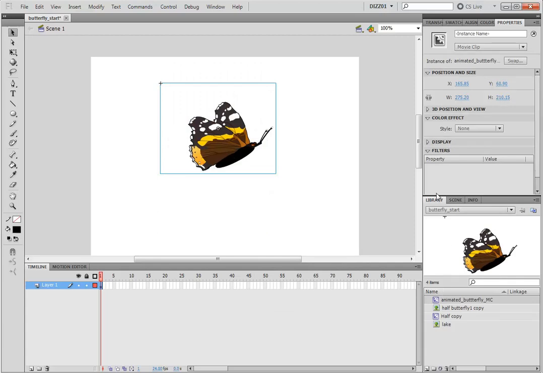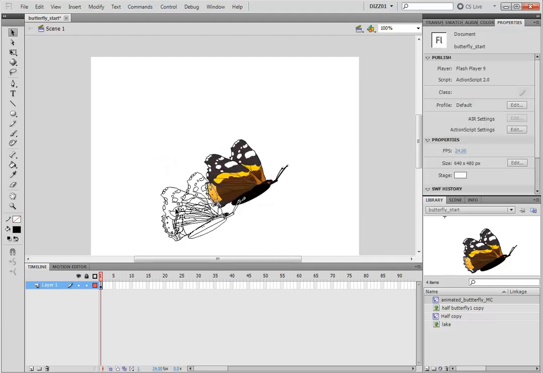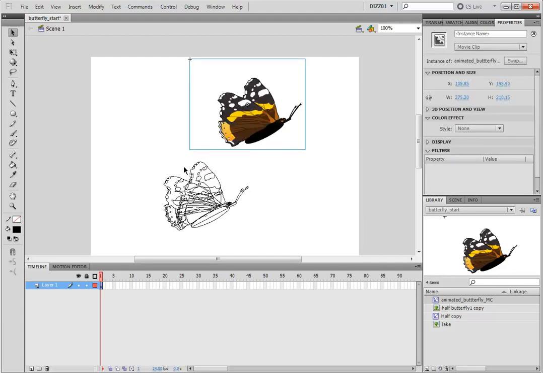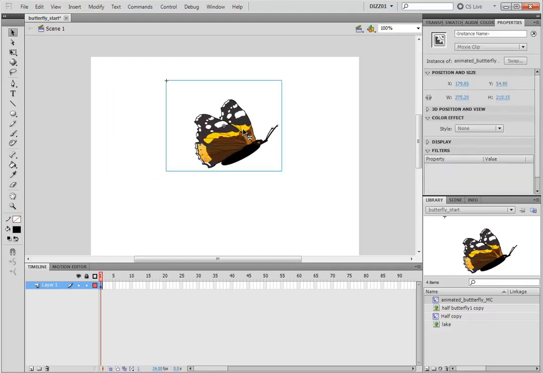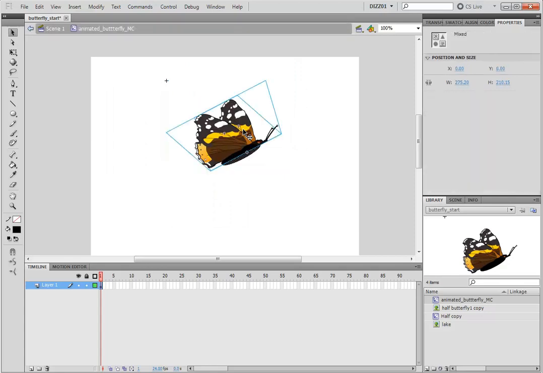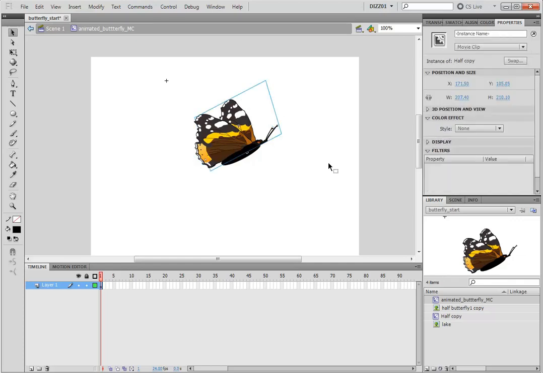And you can see in the library it's just added the butterfly. Now if I were to click on this butterfly, you can see that it's now a solid shape. I can't really manipulate it, but I can move it around. If I do want to manipulate this butterfly, I've got to double click, and now I'm back to where I can click on the different sections separately. If I want to go back to the scene and out of the movie clip, I just click on scene,